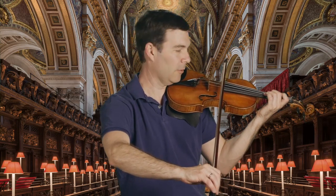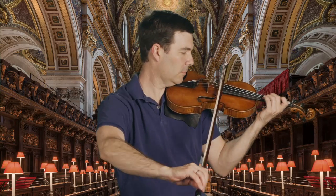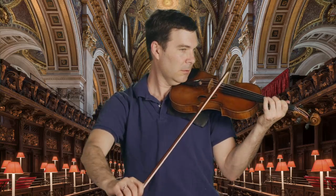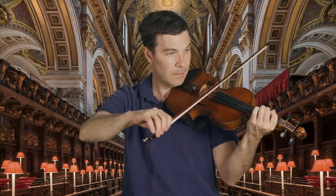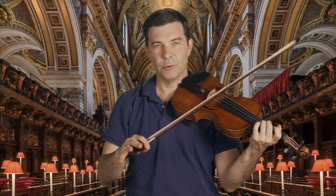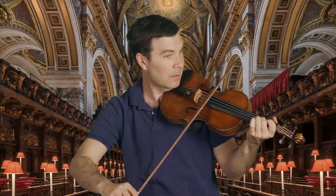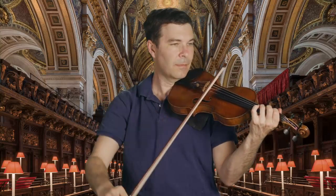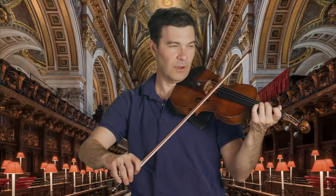Quite healthy and steady pressure on the strings, but there's no rolling. None of that. It's just a straight stroke. Only until the end, when I want to end up on the G string, do I roll it over to the G. Again, call this an interlude or an episode, but take advantage of the chance to play lightly. And if you like, you can differentiate the top and the bottom voices with a little difference in length maybe, or a little difference in volume. If I play the top voice a little shorter and lighter,